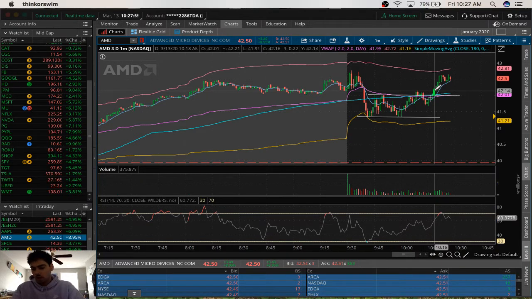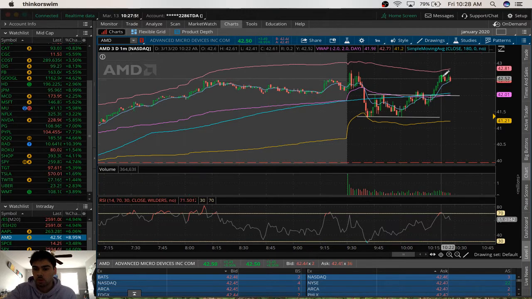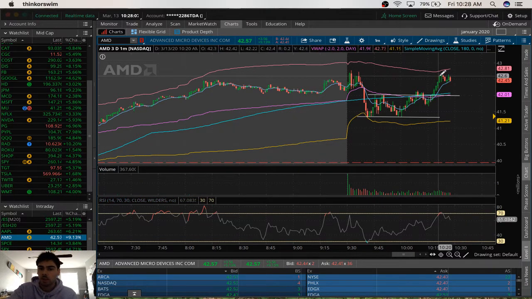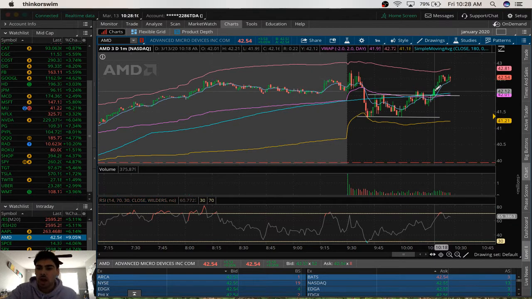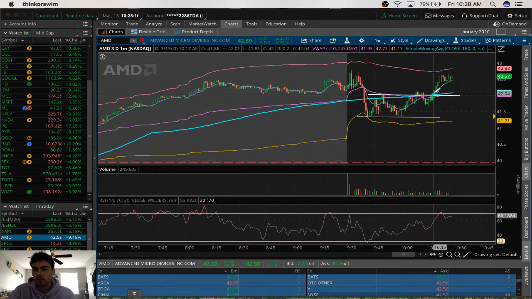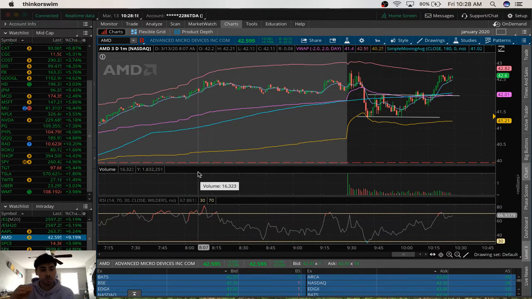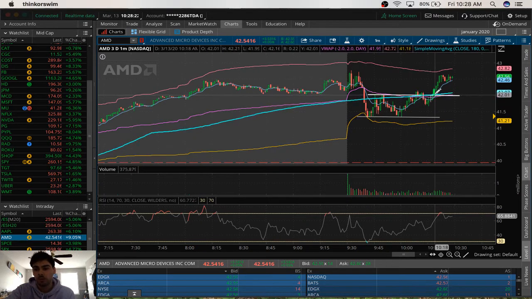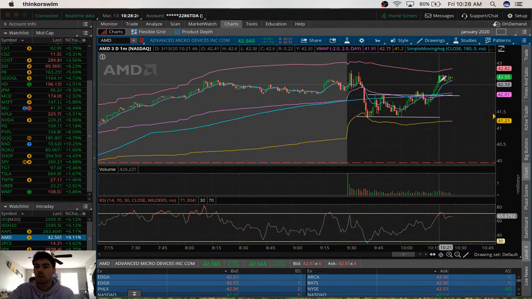So I got in right at 10:18, and I sold at 10:22, which was literally right at the top. Held the top, which I'm not saying is a great thing. Most likely it'll keep going here, but I'm kind of just scalping. So I got a really great trade buying in right above this, right at the breakout of resistance, right when it happened, and simultaneously while the S&P was going up. So I knew the momentum and the direction were in my favor, and I rode this thing up